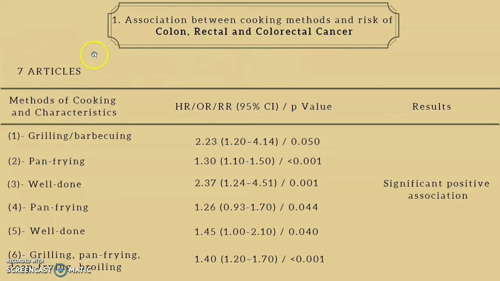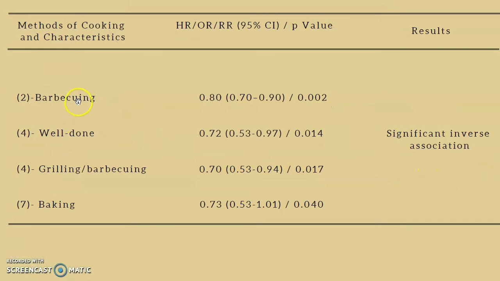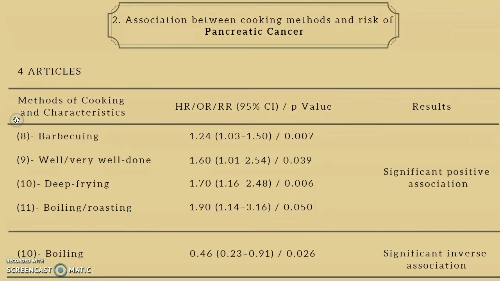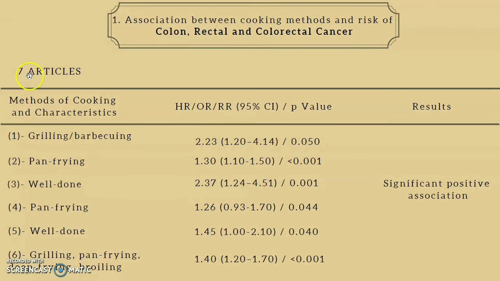There are 7 articles altogether, and 6 of it reported a significant positive association, and 3 of it reported a significant inverse association. And as you can see, there are the same articles but reported on different outcome results. For example, is the article number 2. As you can see, the article number 2 here is using the pan frying cooking method,